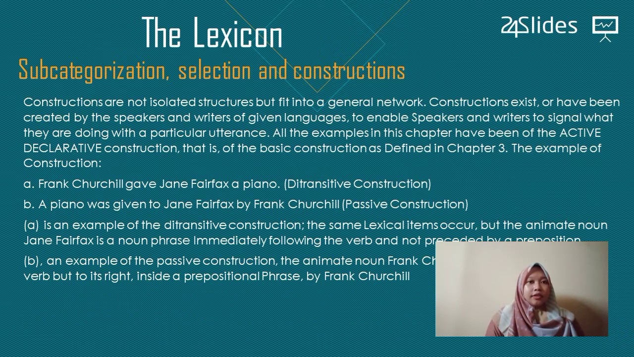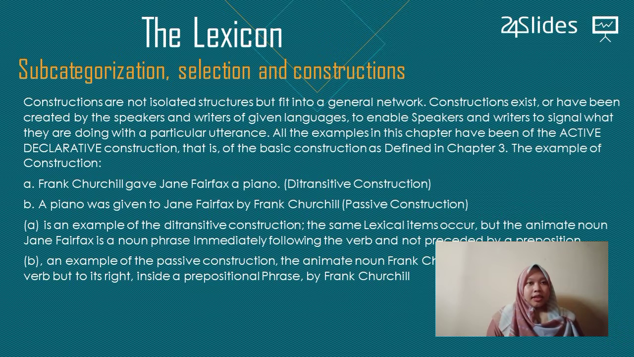constructions are not isolated structures but fit into a general network. Constructions exist or have been created by the speakers and writers of a given language to enable them to signal what they are doing with a particular utterance. All the examples in this chapter have been the active declarative construction, that is, the basic construction as defined in chapter 3. The example of construction: